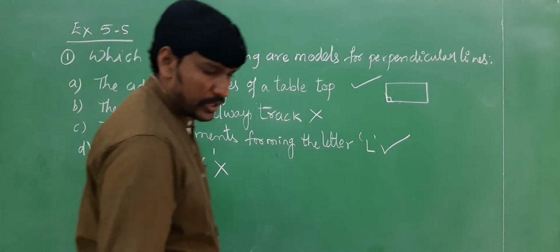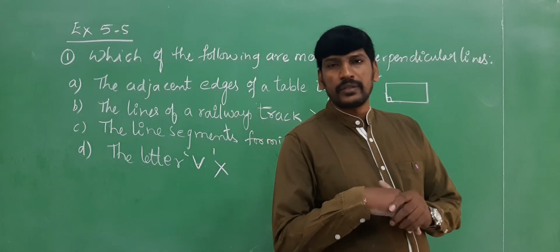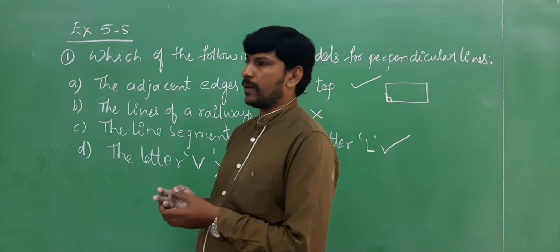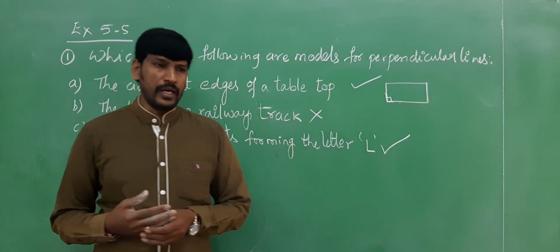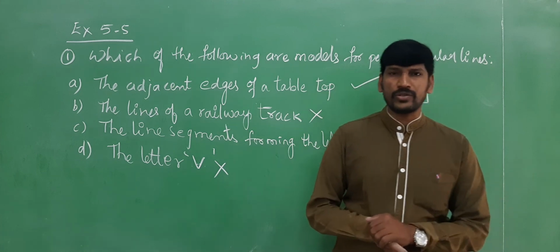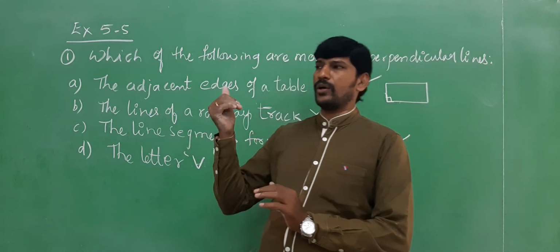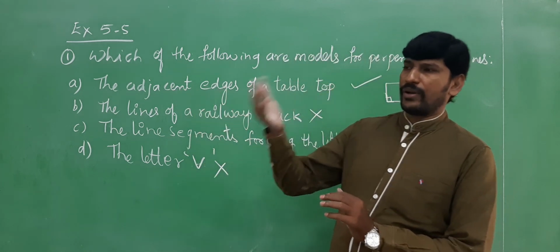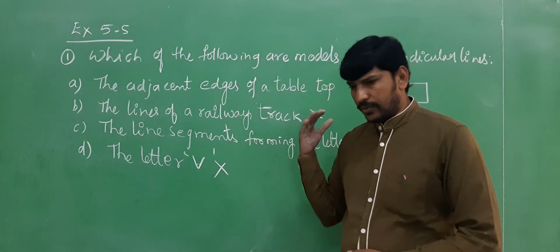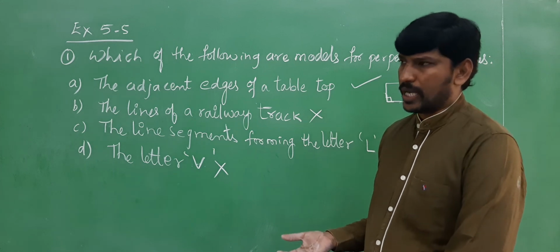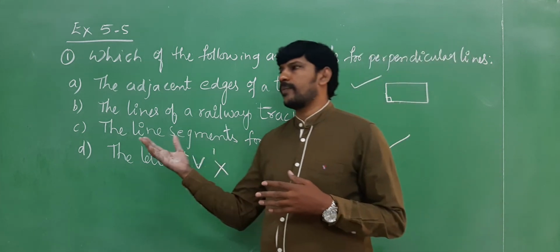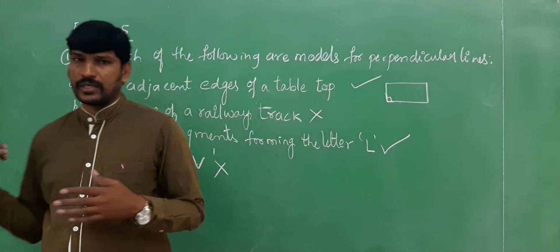I hope you understood today's class, that is how to measure the given angle, whether it is acute or obtuse. And the reflex angle is more than 180. Clear, children? If you find the acute angle, you subtract it from 360, you will get the reflex angle. And we discussed how to measure the obtuse angle, with some examples, and as well perpendicular lines in today's class.